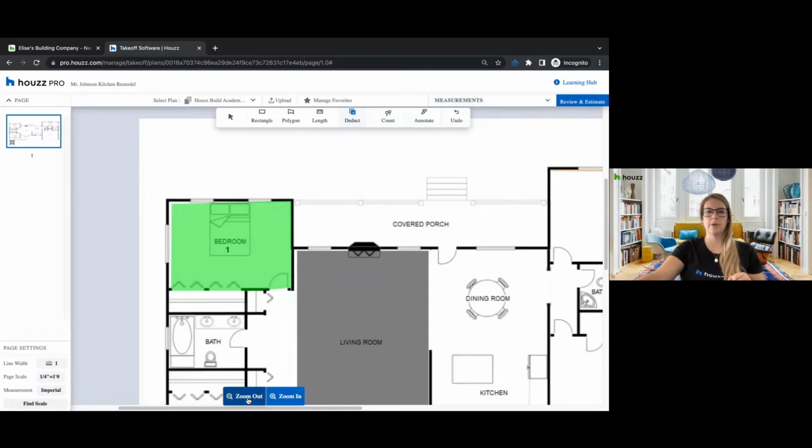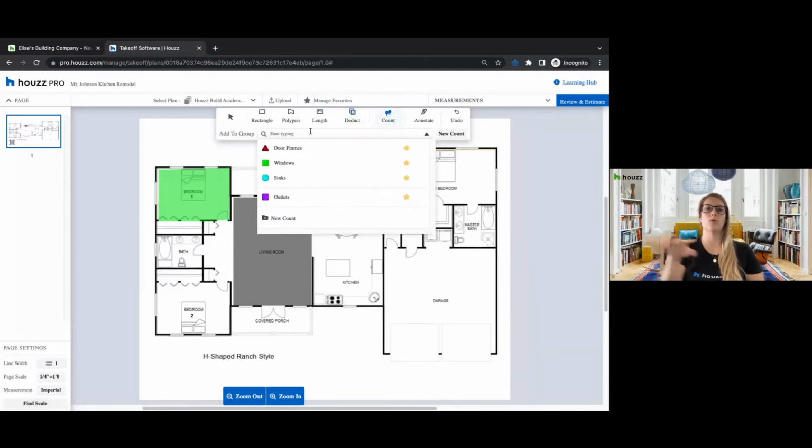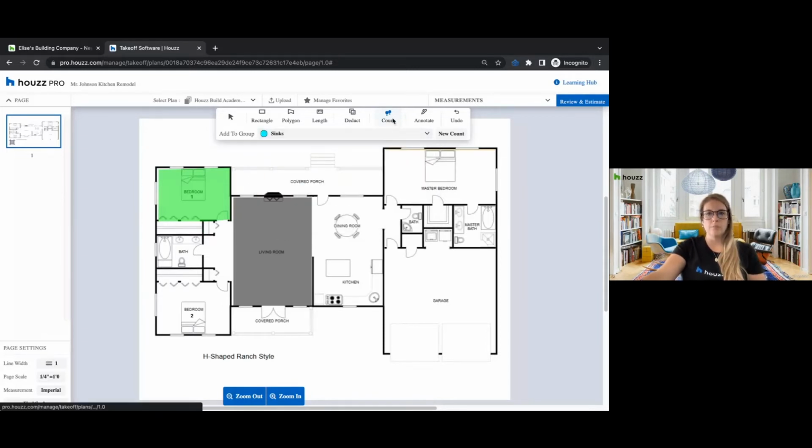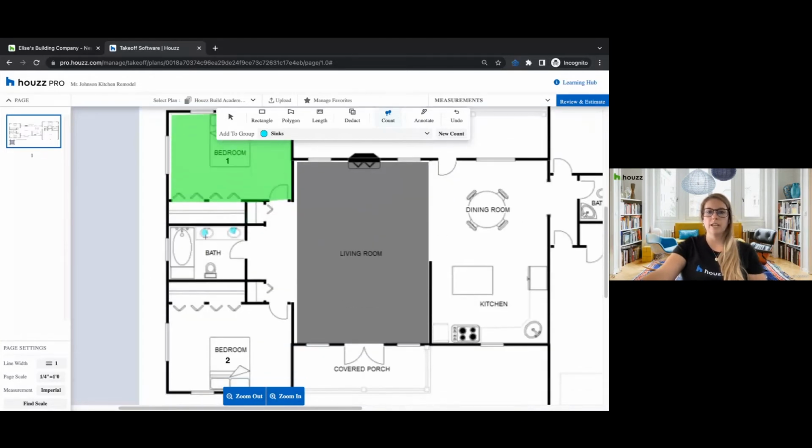All right, last couple things on here. So for count, I'll zoom back out. That's another fun tool. I know I mentioned that when we were in the manage favorites section, but this is basically for anything that has multiple on a floor plan. So door frames, windows, sinks, outlets. Let's say sink, for example. If I select that, what I'm going to do when I'm on the count option is just click on the plan. And actually, no, let me zoom in a little bit more so you can see that better. Click on the plan, and anywhere there are sinks, you'll add those in. So here,